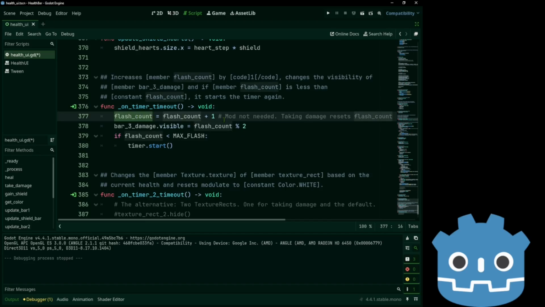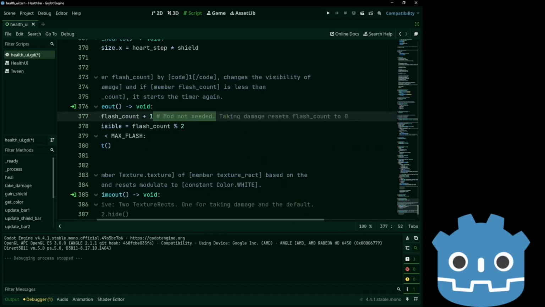Now on the flash count, we don't have to say mod anymore. By the way, max flash is now 8. We used to have it at 7. So we don't need the mod.